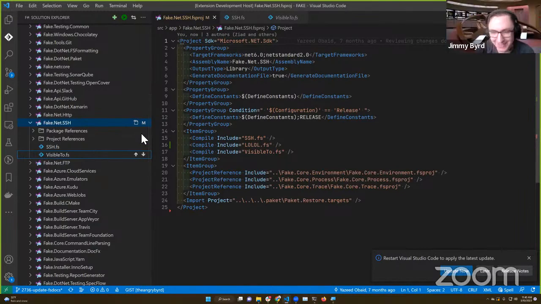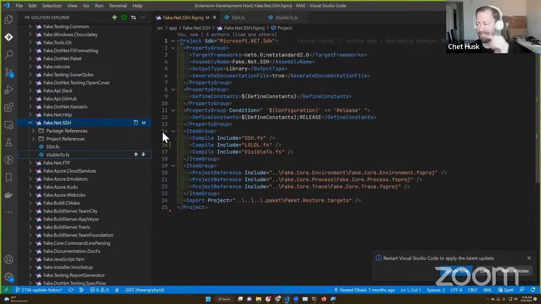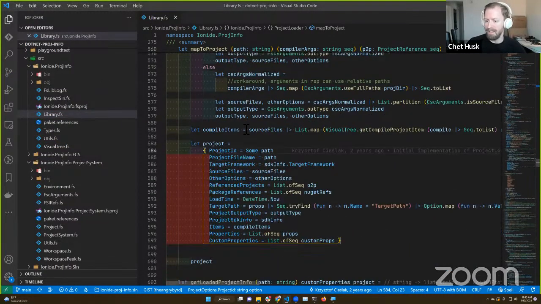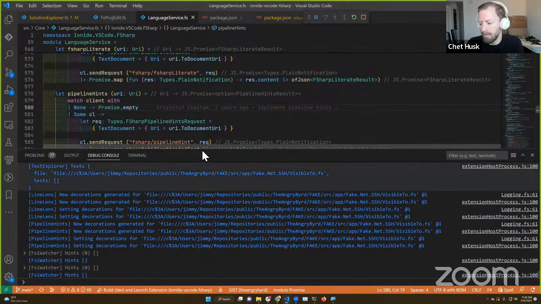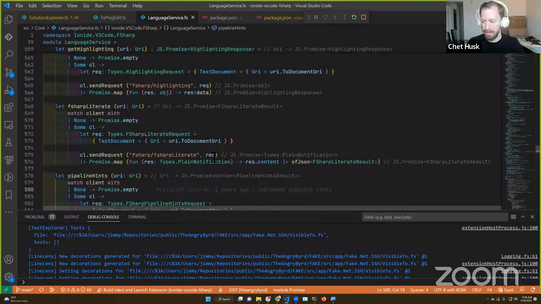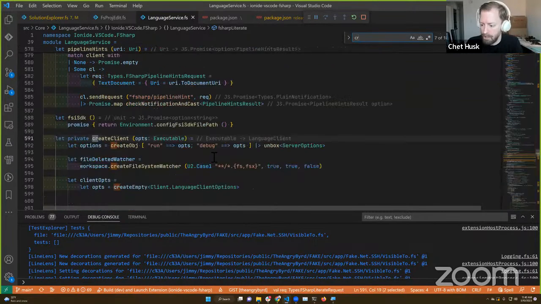I have a suspicion. I didn't mention it during development, but if you look at create provider, one of the inputs to create provider was a change signal.